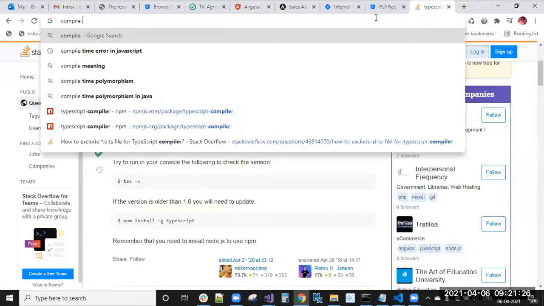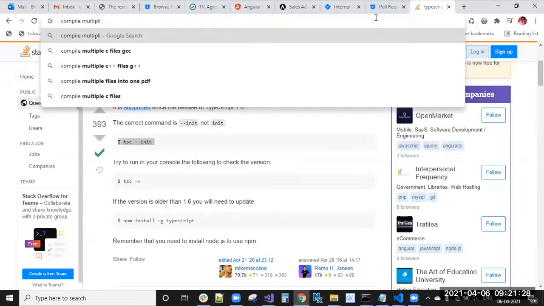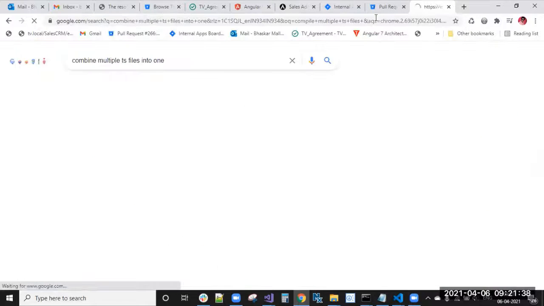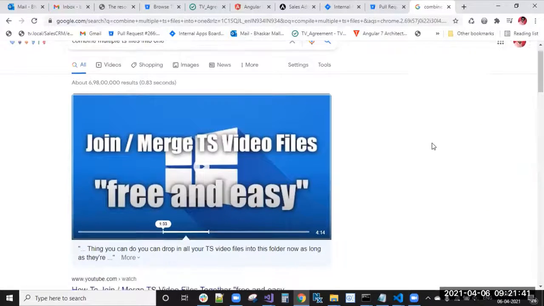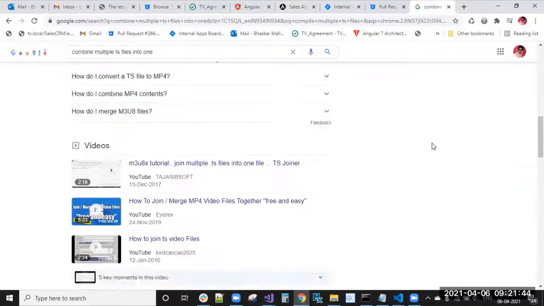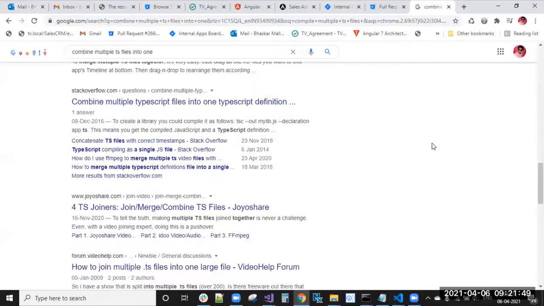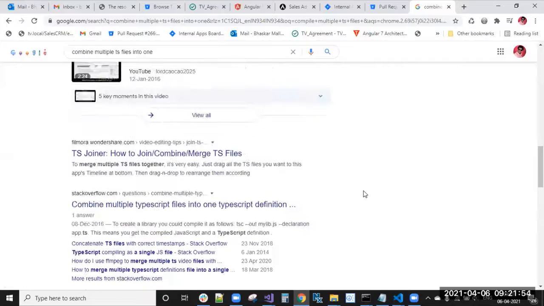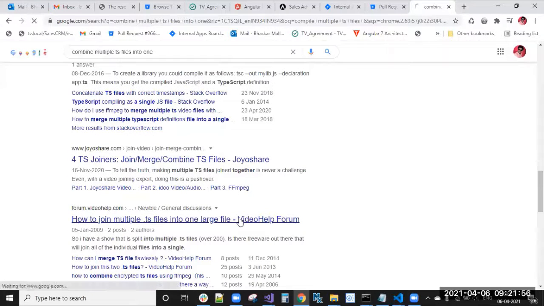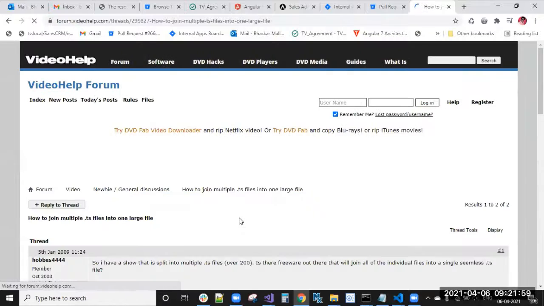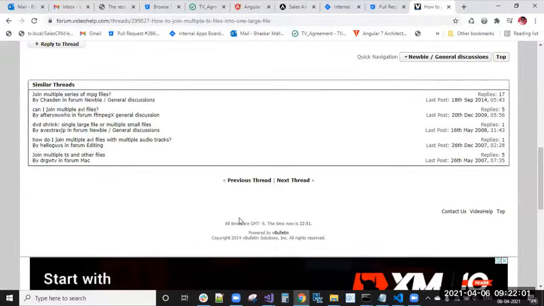Combine multiple TS files into one. So we have one command actually.